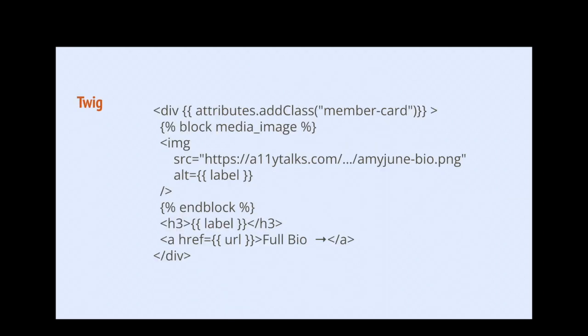The Twig file itself: you have a div, and then you add the attributes file in there. And you can add a class or you can not add a class. Actually, I've taken out that class since, and I'll show you why in a little bit. Then we have a block, which is our slot where we put in the image file, which is easier when you're working with media, to use a block and then put it in that way instead of trying to pass it to the component. And then I'm passing just the label and the URL in there.